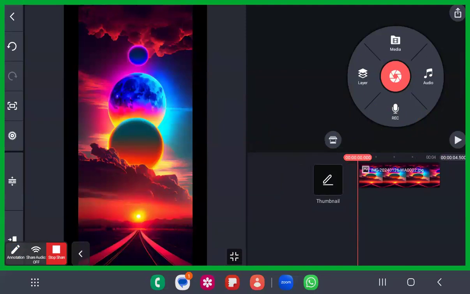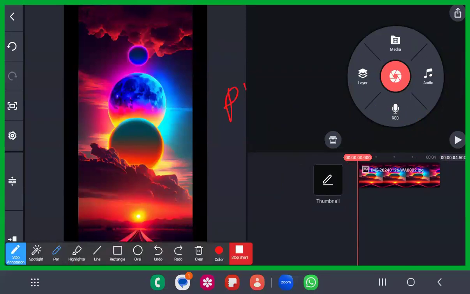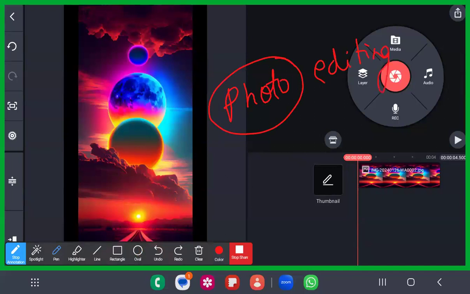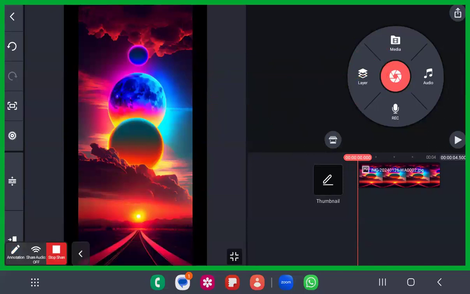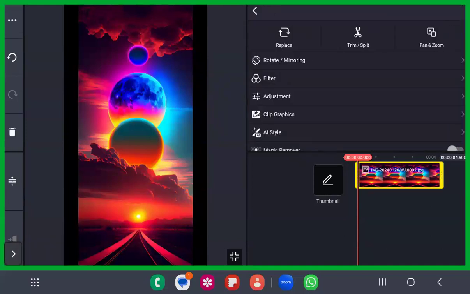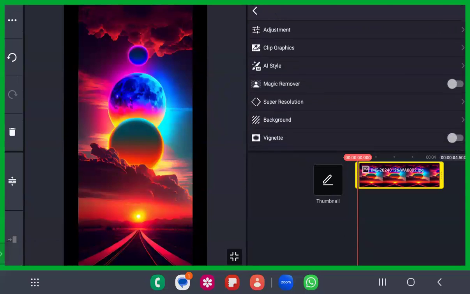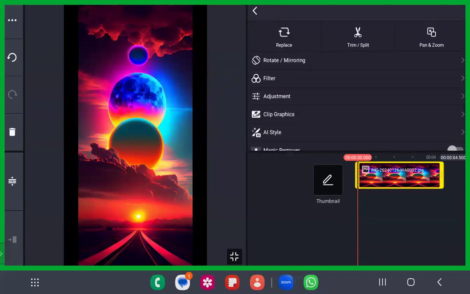Remember, for 1 or 2 classes, we are just discussing photo editing options. Then we'll discuss video editing options and photo editing options at an advanced level. All the advanced tools that are available in KineMaster regarding photo editing. Now let me click on this photo. I want you all to click on the photo, please. These are the options that you have. All of these options are available for you.